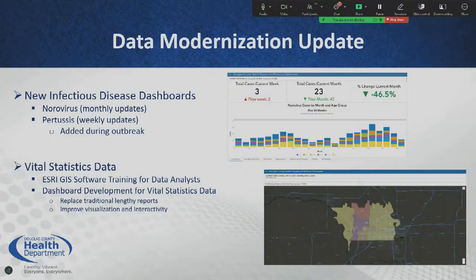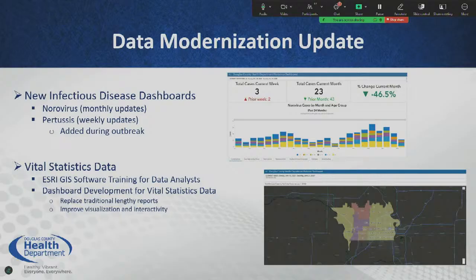We have been working closely with GIS. We have 2 of our analysts that have been trained in developing these dashboards and storyboards. And we're about to start posting some of that work that both Hong and Mira have been doing. So more to come on this, but really excited that the community can actually get in, find data, and usable